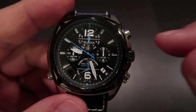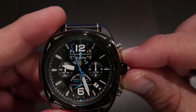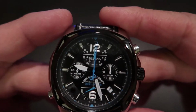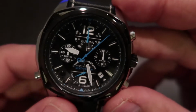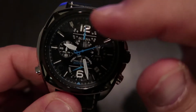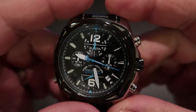So there's another neat feature of this watch that I like, and if I haven't pointed out already, this watch is super accurate. And typically, if you're all watch guys, when you set your time, most of you guys will pull this crown and wait until that hand goes to the 12, so you get your absolute accurate time to the second, right? So with this watch,